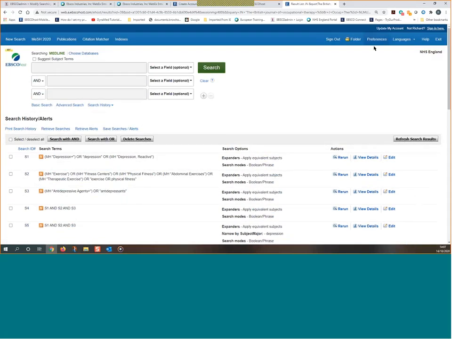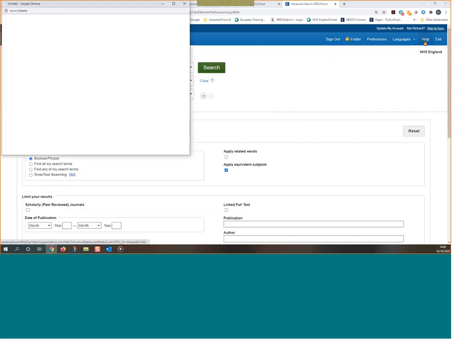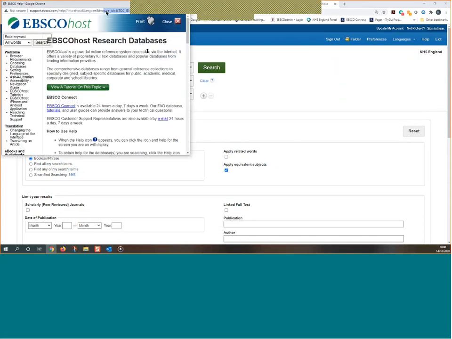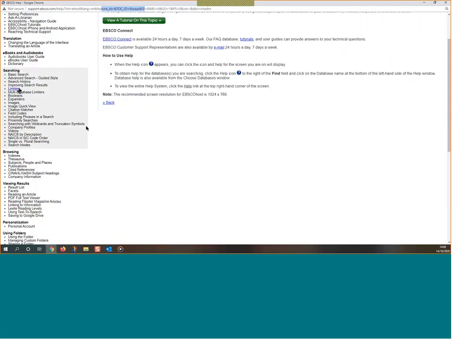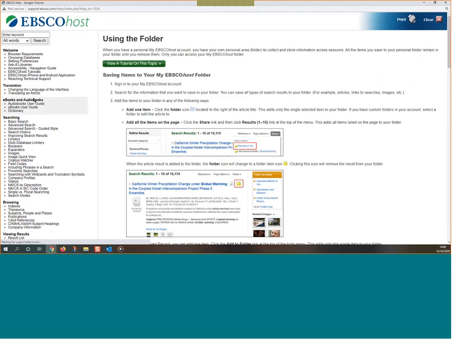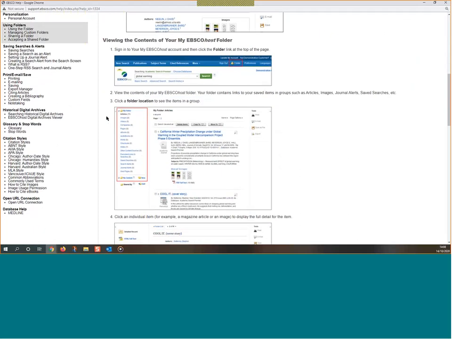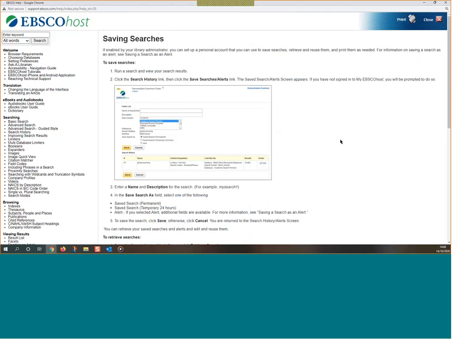Okay. Just to clarify then, before I take any final questions here, you can view the interface in another language if you prefer, and we also have the help menu here, which is for all EBSCOhost databases, so it's CINAHL MEDLINE. Again, some of the features we looked at today, using limiters. Let's see, you scroll further, there's information on using the folder as well. Okay, and we do have tutorials that are associated with these step-by-step instructions. Again, saving searches, instructions on this as well